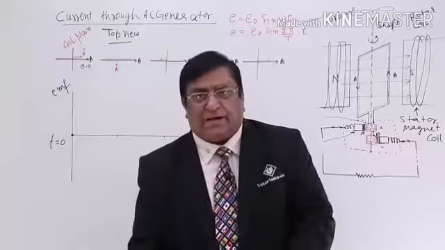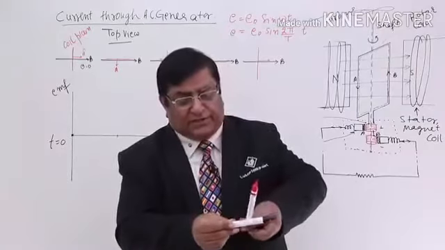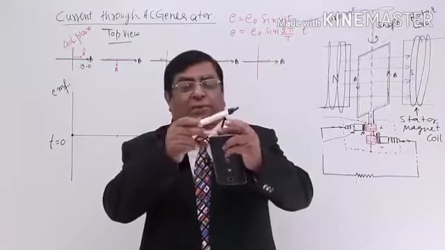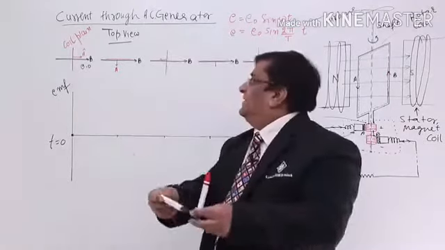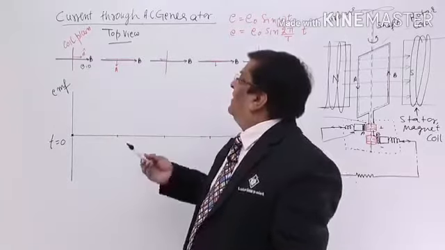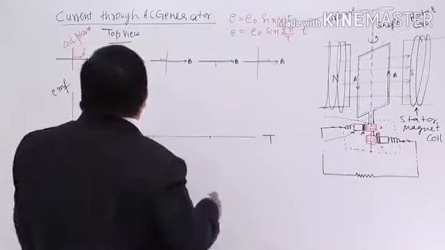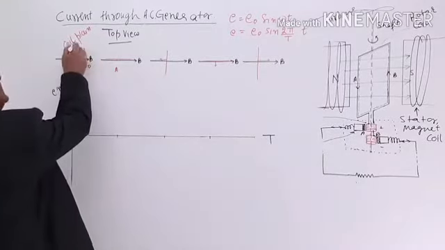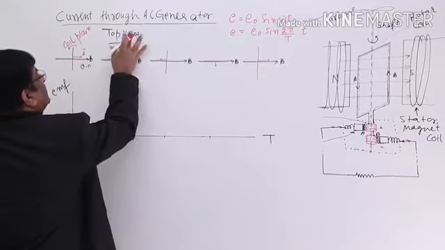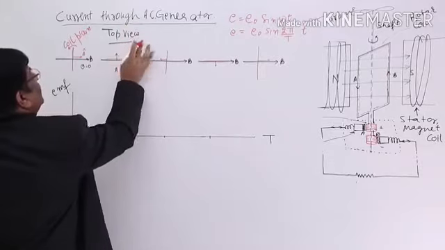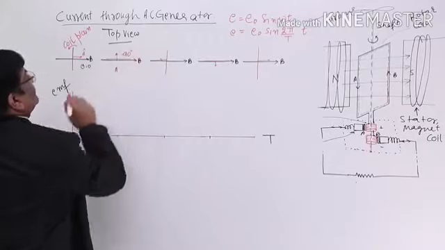Okay, now we turn it by 90 degrees. This was the original condition, and now we turn it by 90 degrees. The coil becomes parallel to the magnetic field, but the area vector makes an angle of 90 degrees. It is this situation. We have turned it. Oh, I should correct it. When we turn it this way, anti-clockwise, this will go here. What is this? This is the area vector. And now the area vector makes an angle with the magnetic field equal to 90 degrees.